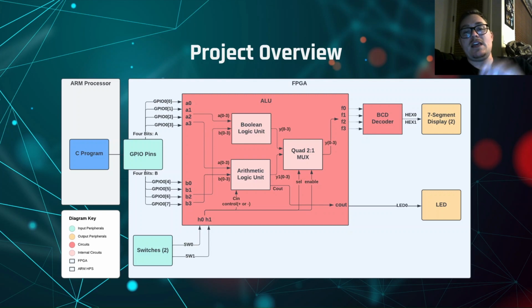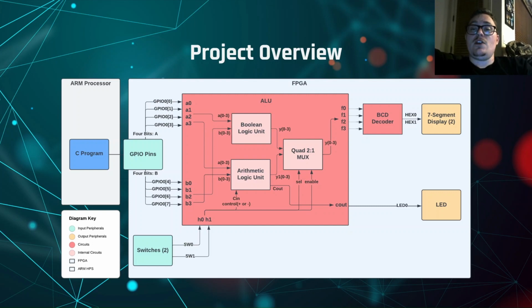I basically set that enable switch to 0, or I didn't assign it a pin when I was actually building out the project, because I did not need an enable switch. If we're at high, all the outputs would be 0, and I didn't need that. So I decided not to assign the pin to the enable, but I still had it built into some of the circuits anyway. You'll see the LED for our carry out and borrow out from the arithmetic unit, and